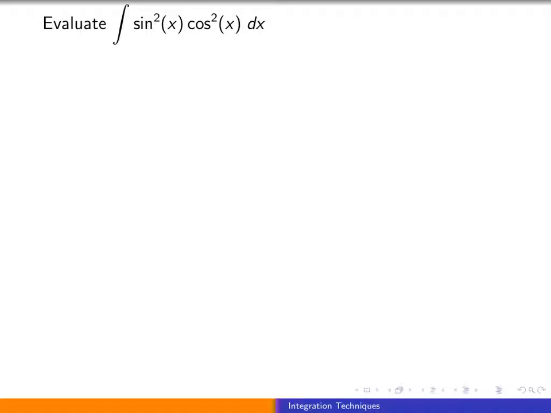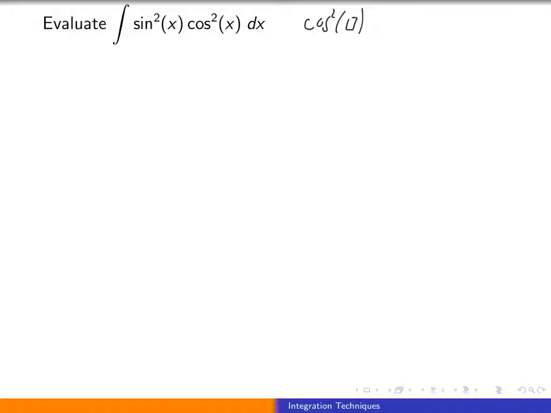In this example, we will antidifferentiate sine squared times cosine squared. Going back and looking at the guidelines we have for evaluating integrals of the form sine to a power, cosine to a power, we see that if both of the powers are even, the suggestion is to rewrite in terms of the half-angle formulas. So let me remind you that the half-angle formulas tell us that cosine squared of